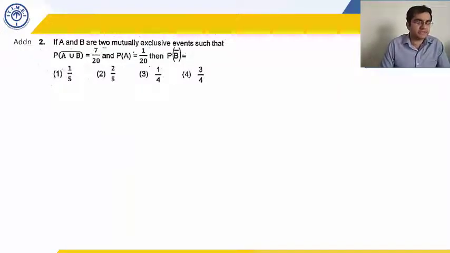Now let's look at this. Okay, the events are mutually exclusive and you are given probability of complement of A union B. Find probability of complement of B. See, you don't need any fancy rules and properties, etc., that you may have covered in school. Whatever I have told is sufficient to solve this question. So take 30 seconds to solve.